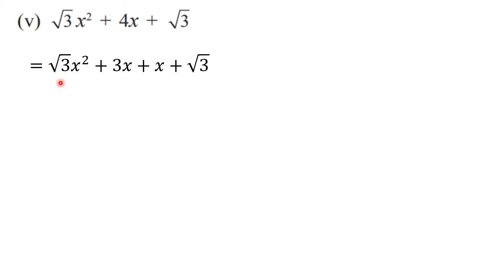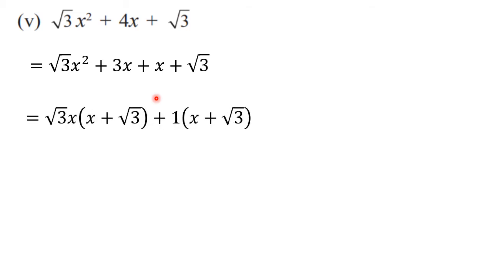Now the next step that we have to group the terms. So first two terms is one group and last two terms is one group. So here we can observe that root 3 is common. Because 3 we can write as root 3 into root 3. So here we can observe that in numbers root 3 is common and x is common. So from these two we can take out root 3x as common. And here we can observe nothing is common. So in that case we are going to take 1 as common.